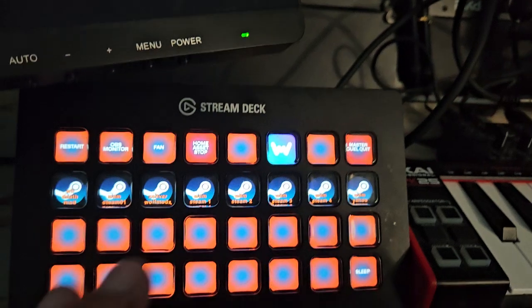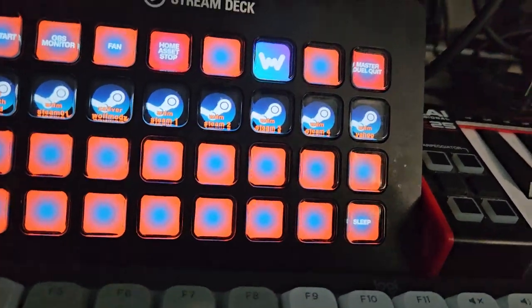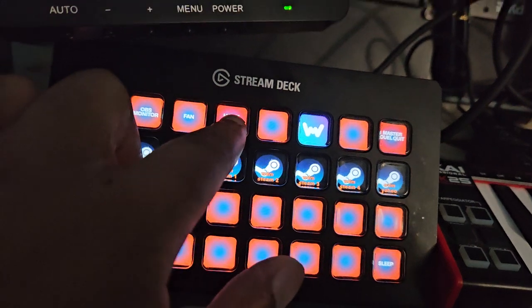And when it's being sent to the back room, I can basically control the Stream Deck stuff on that computer from another computer. So if I press this, it runs a command prompt,